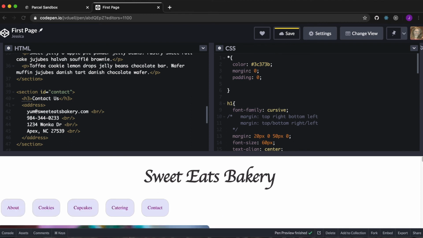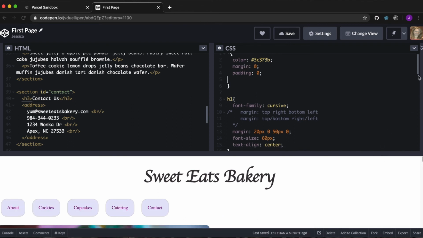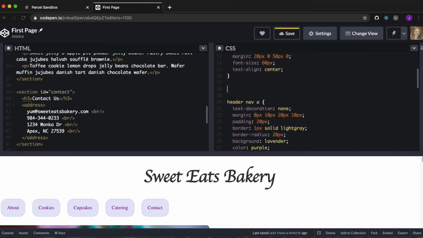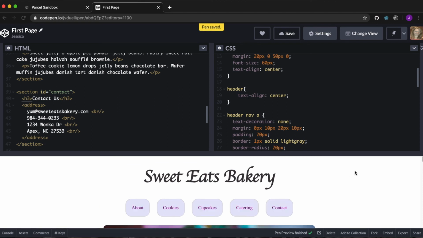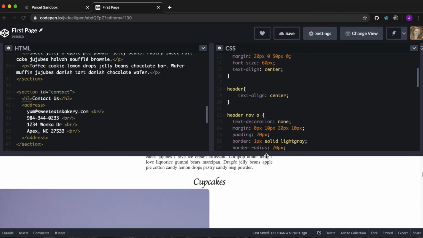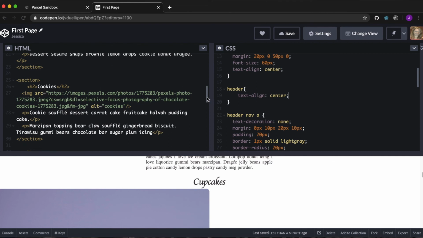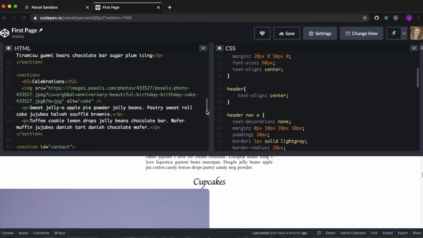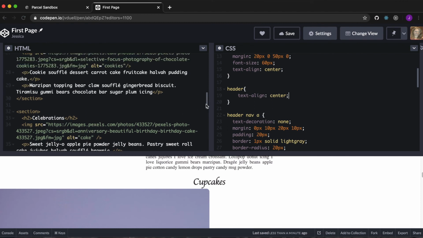So, H1 is its own box. Header nav A is not a box. It's its own link, and it's already centered in the nav. So, we'll do text align center for the header, and it aligns that. Nice. Okay, but then all these sections are not aligning center. So let us do, let's see, if we give all these classes content, so let's see,